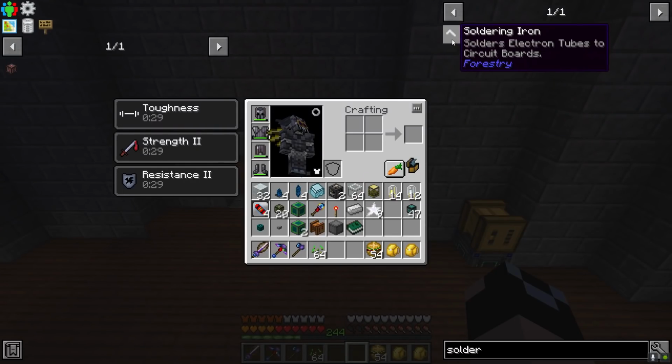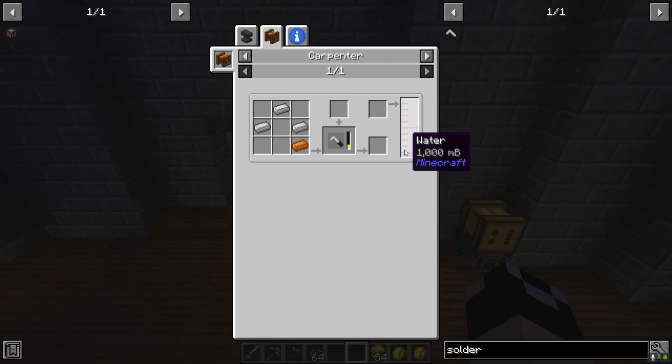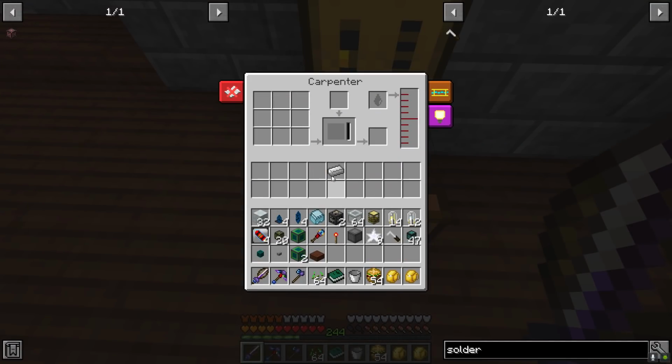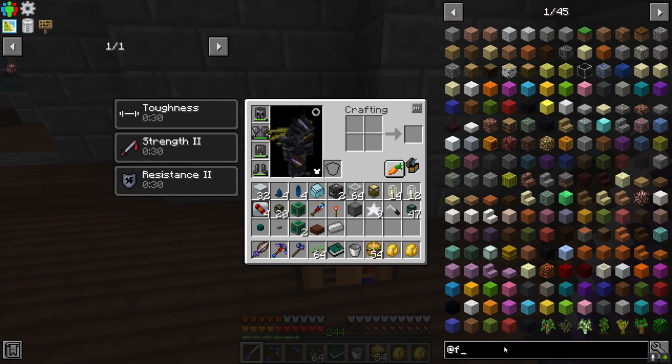But I want to make a soldering iron. That's bronze and 3 iron for that. And there we go. There's that. And then I want to make a circuit board to speed up the squeezer. So if we pull up